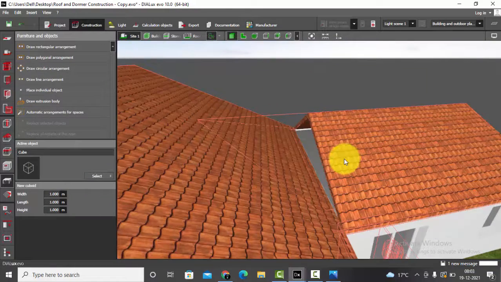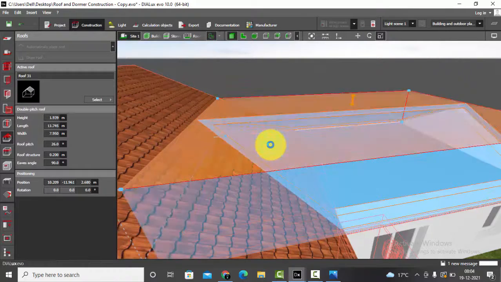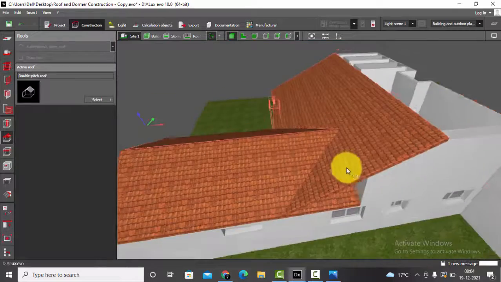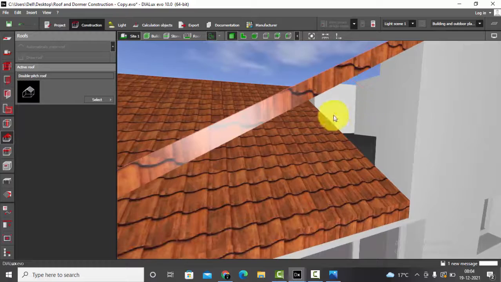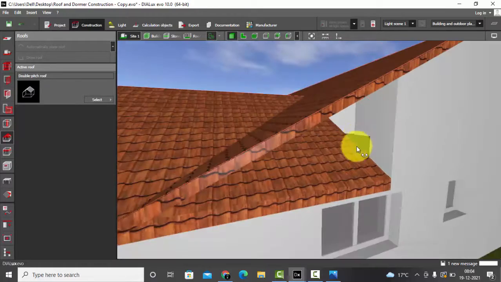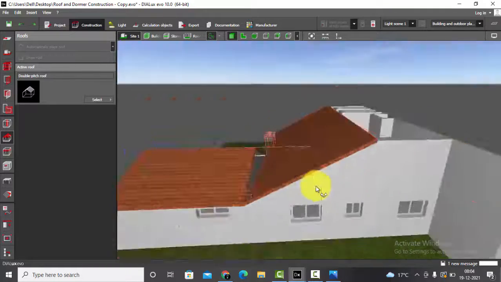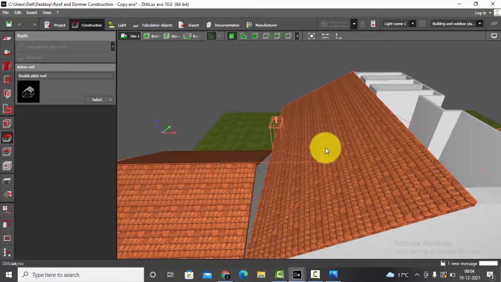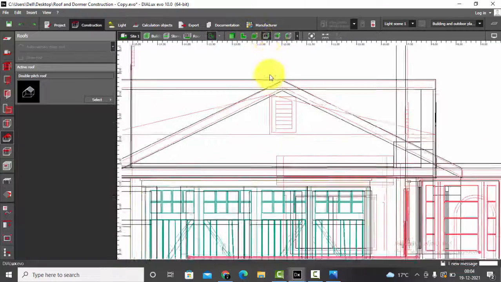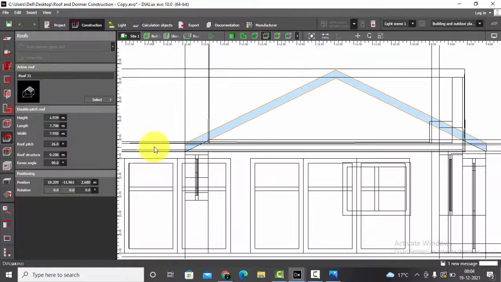Now here we have a valley. To make the valley, either we can extend the same roof like this. Okay, so if you extend the same roof, the inner part of your wall will get cut. So here if you see, the wall is cut though you have got the roof. Control Z. If you don't want to cut part of your wall, it's better to draw it using the extrusion volume. So how we are going to do it is go to the elevation, or maybe I can switch off the, and this is the roof I need.